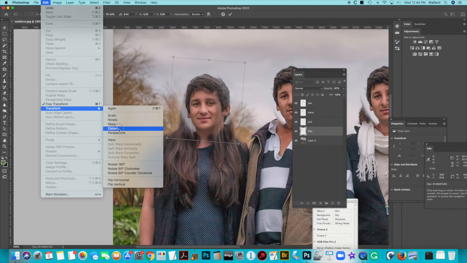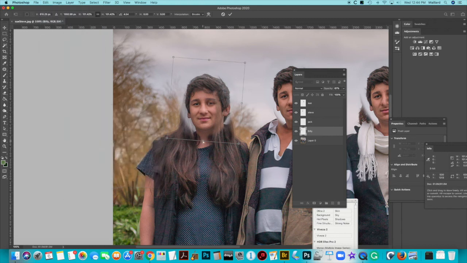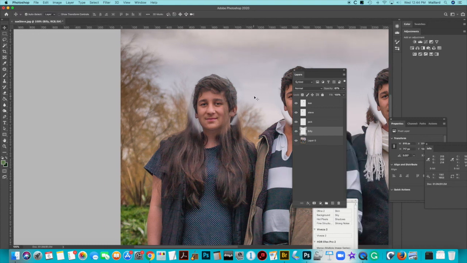So I'll go Distort, and now this will give me little tools where I can actually just move the face around, just so I can do a blend of the face just so it's about right. Okay, when I'm done, I press return on my keyboard. And now what I want to do is I just want to use my